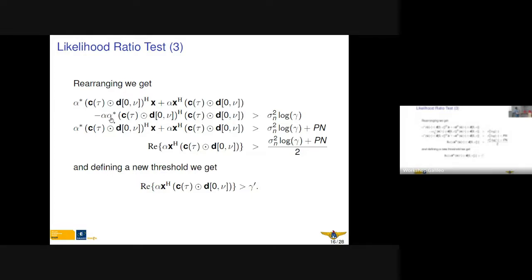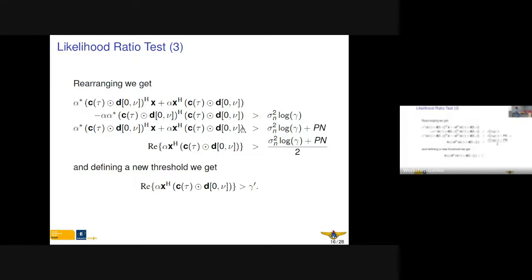We can also see that the second term is P_n, because alpha times alpha conjugate is P, if you remember our definition of alpha. And remember that (C_tau Hadamard-Schur D_0(nu)) Hermitian times C_tau Hadamard-Schur D_0(nu) is equivalent to N. So we have minus P times N, and if we add plus P times N on both sides,